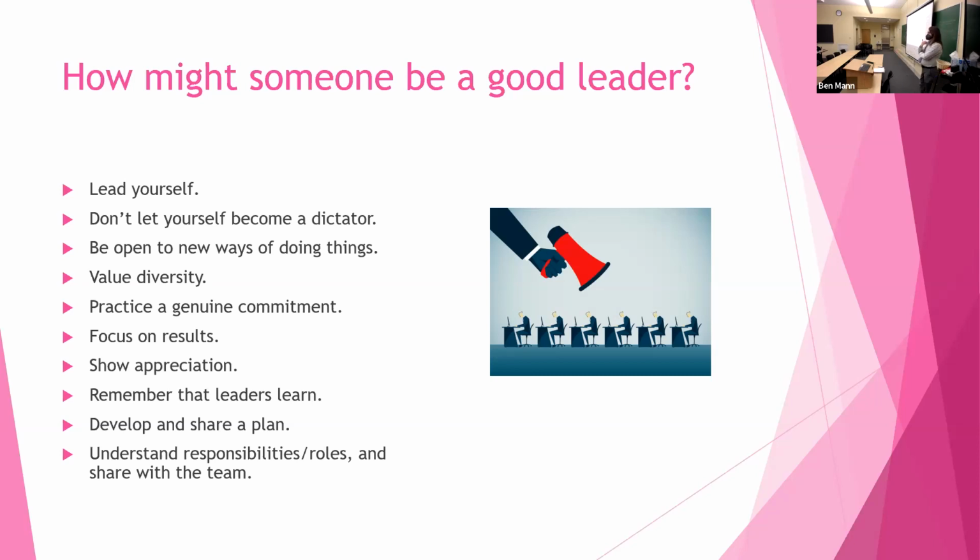Another idea here is genuine commitment, right? That you show that you're caring and are invested in the group. One of the worst types of leaders are the ones that seem asleep at the wheel. You try to contact them or reach out to them, you never hear back. Being results oriented. Remember that when you're in a group, when you're doing meetings, meetings are not the goal. You're not here to do meetings, you're here to solve a problem or task. So really trying to focus on doing that is a big deal.